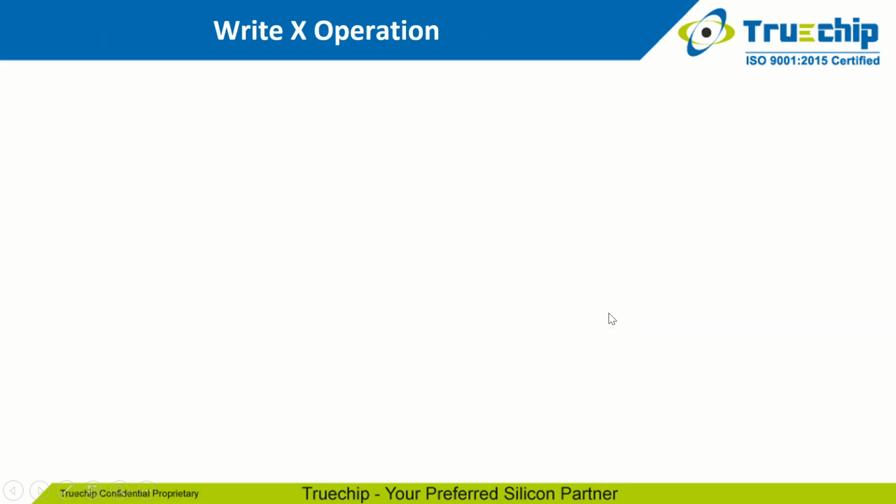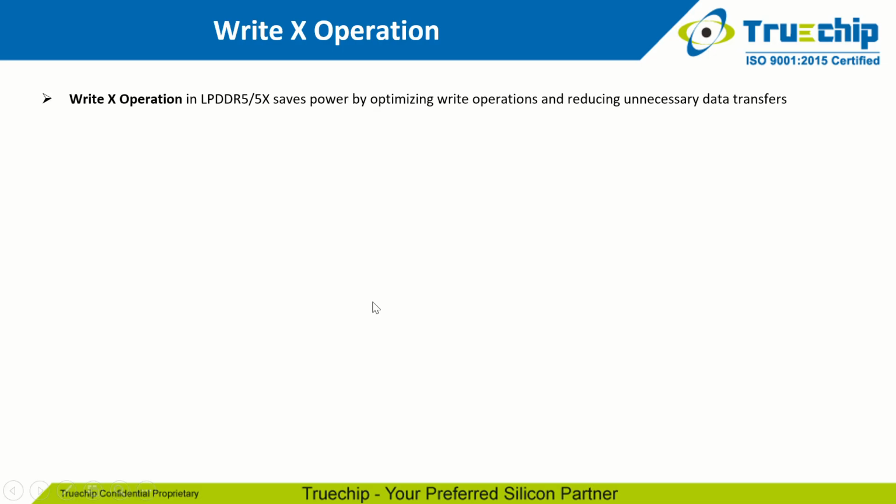Let's talk about LPDDR5, one of its major features, that is the Write-X operation. Write-X operation in LPDDR5X saves power by optimizing write operation and reducing unnecessary data transfer. It can be operated on an activated bank without WCK to CK synchronization and data input to the SDRAM DQ